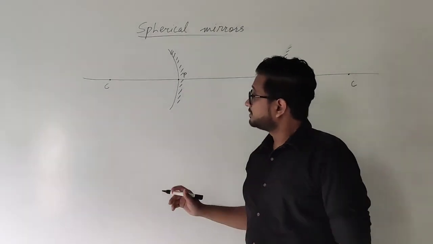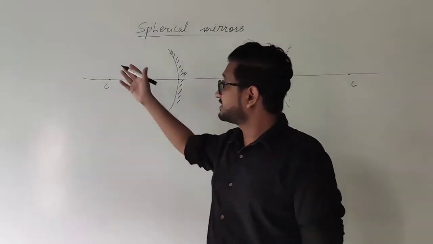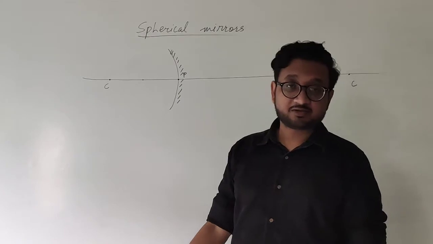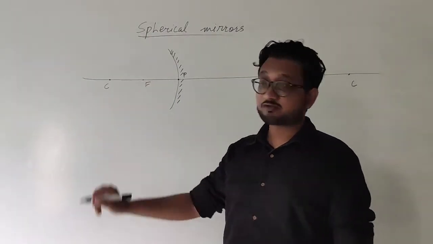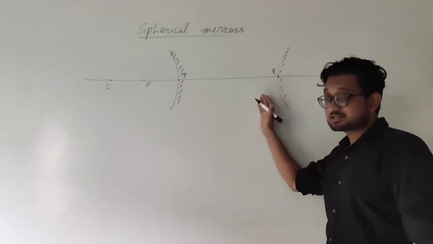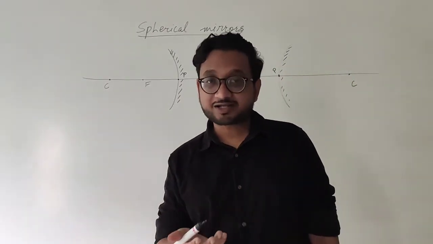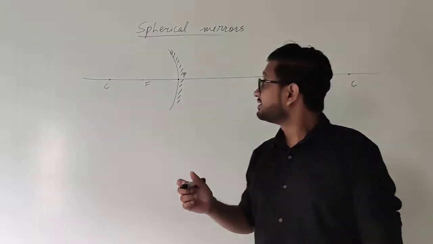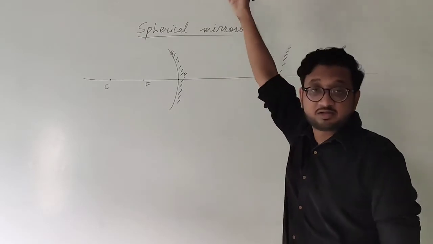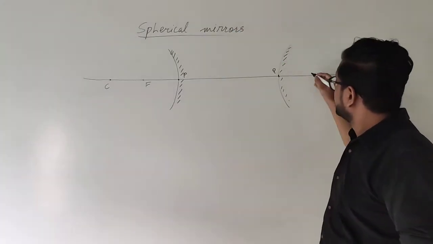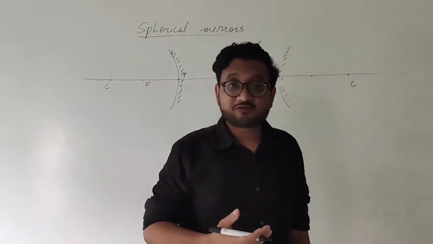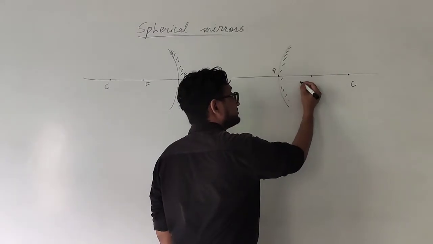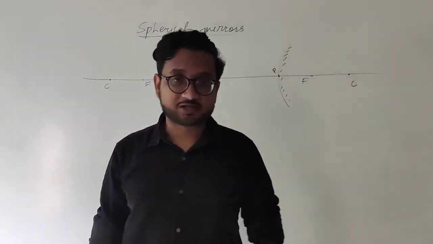Now, moving further, we know that whenever a ray of light is incident on a mirror, it passes through a point which is called the principal focus or focus point. In this case, the focus point does not actually create a converging point for the light, because the mirror is a diverging mirror, and that is why the rays of light will diverge. But if we take a dotted line where the rays of light seem to meet the principal axis, then that point is the principal focus once again, or focus point.